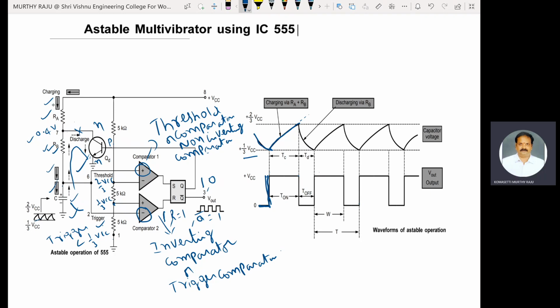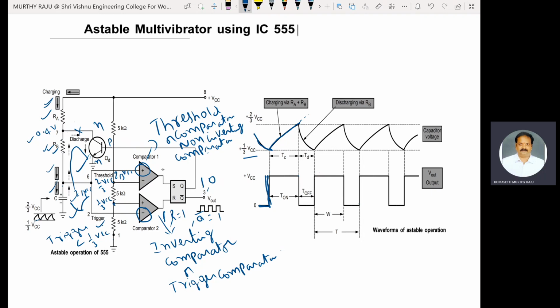The indication is like that, solid arrows. Whenever the capacitor voltage reaches 2/3 VCC, the 2/3 VCC is nothing but the threshold voltage. The threshold voltage is compared with the reference level of 2/3 VCC. Whenever the capacitor voltage crosses this reference voltage, 2/3 VCC,